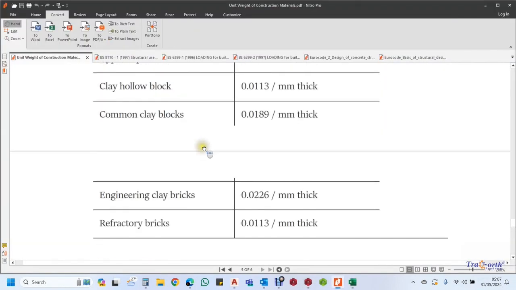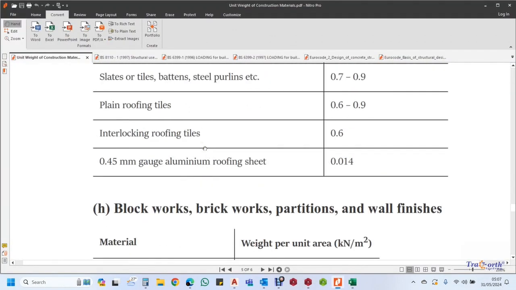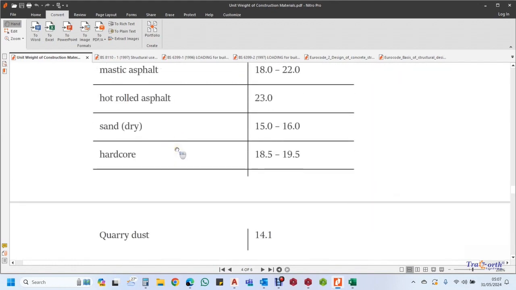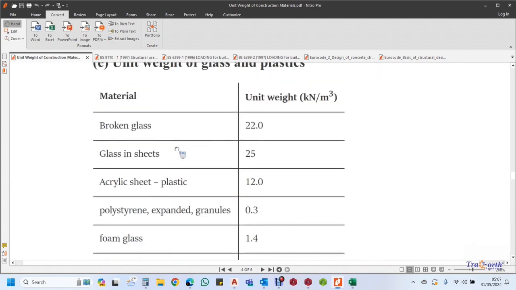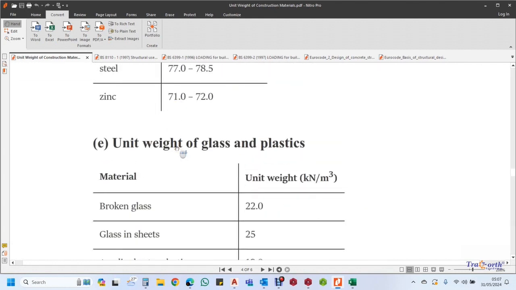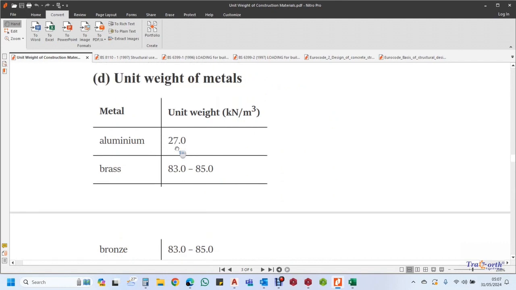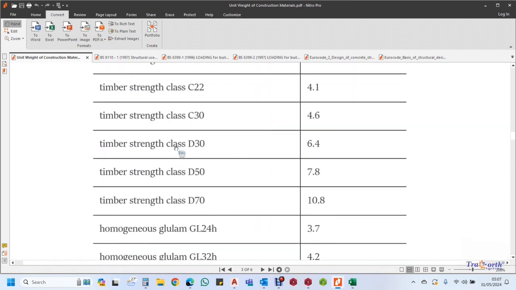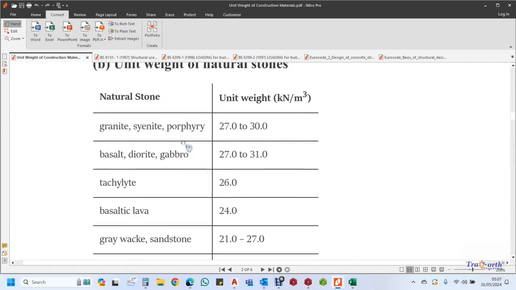From the unit weights just now, you said materials per area, we have for concrete, the unit weight for concrete is,